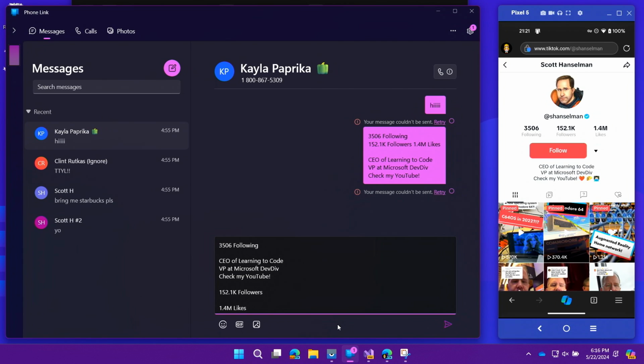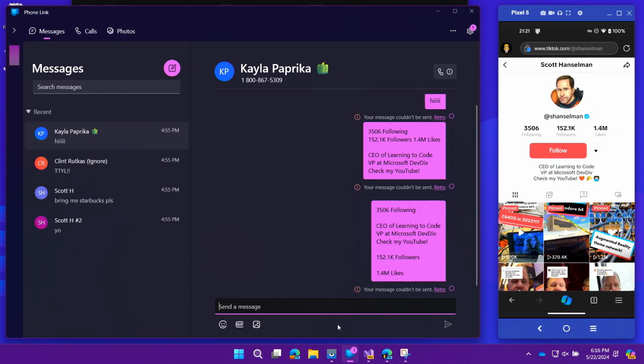This app is great because I'll be getting a text on my phone and I don't want to pick up my phone and deal with it. So I'm pasting the text from the screenshot and just texting that from Phone Link. Bam, just like that. So lots of different little things. You don't really have to set any of it up. Once you've opened Phone Link the first time, you just do it and that's it.